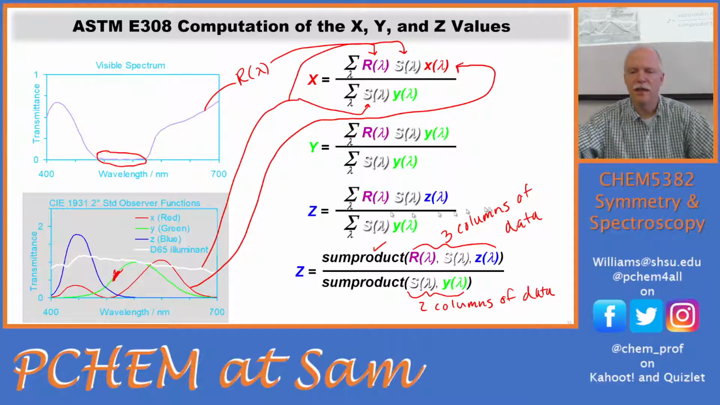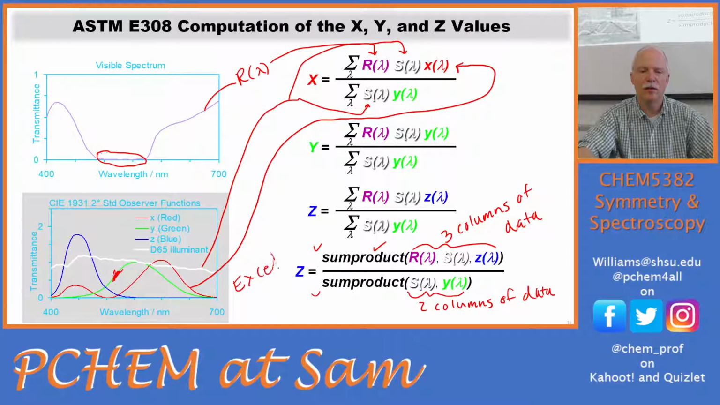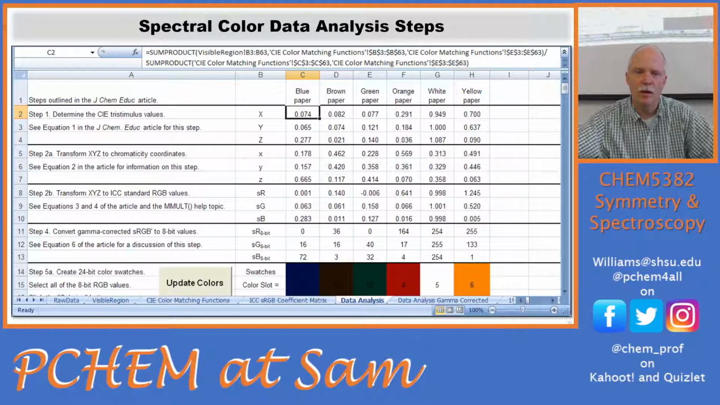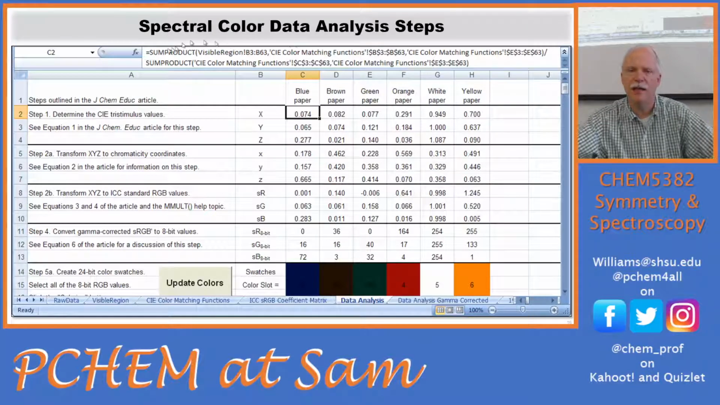And then this is the Z, the blue function. So this is key. This is the formula. These are the formulas you're going to put in Excel right here, sum product formulas. And so those were put in here. It looks kind of long just because it has the names of the sheets on there. But this is sum product. This is the visible region for that